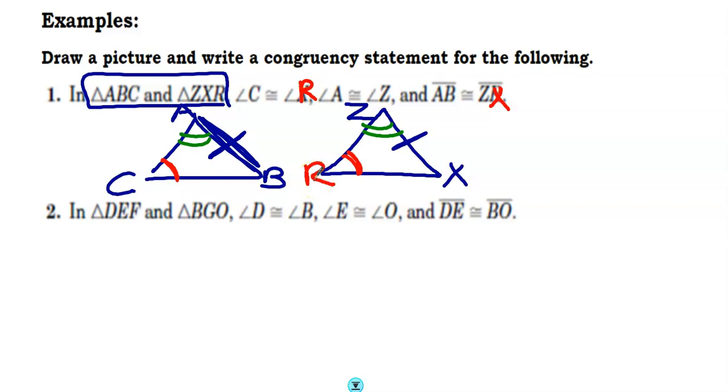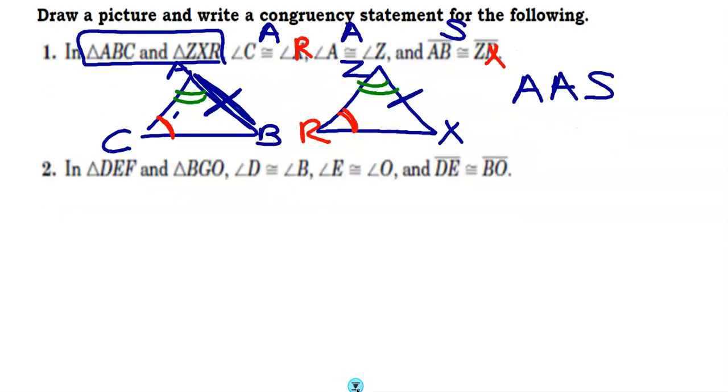Okay, so if I look at it, I have angle, angle, side. The side is not sharing the angles, so I'm just going to write AAS, based on I have two angles that are congruent to each other and then a side. Okay, now let's try this next one. Again, I have to fix it. I apologize. So I'm going to have DEF and